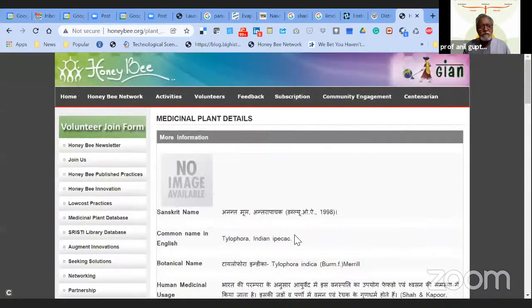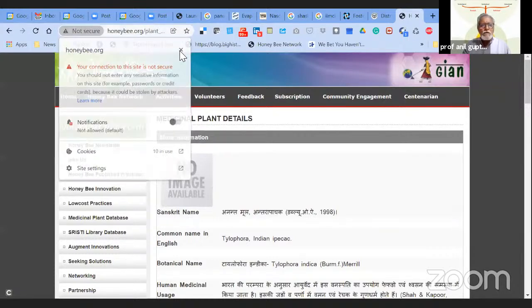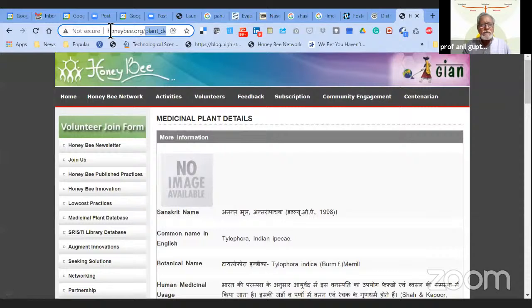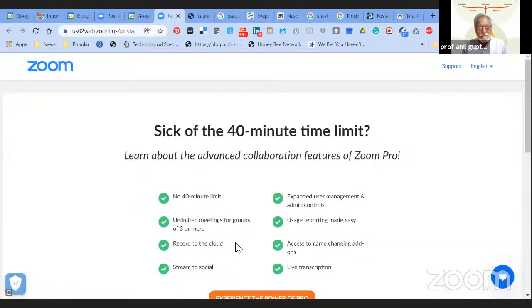So this is very simple, honeybee.org. Let me give you the link. All these are open databases. The reason I'm showing you all this is because Honeybee Network has been trying to propagate open innovation for a long time, for more than 3 decades. And probably we are one of the largest providers of